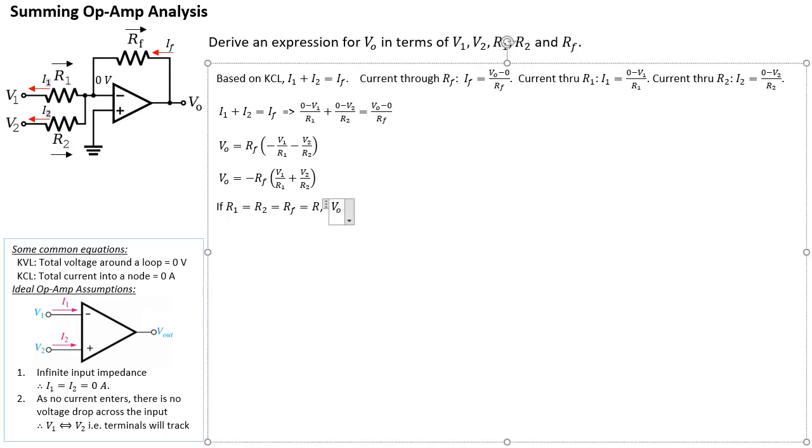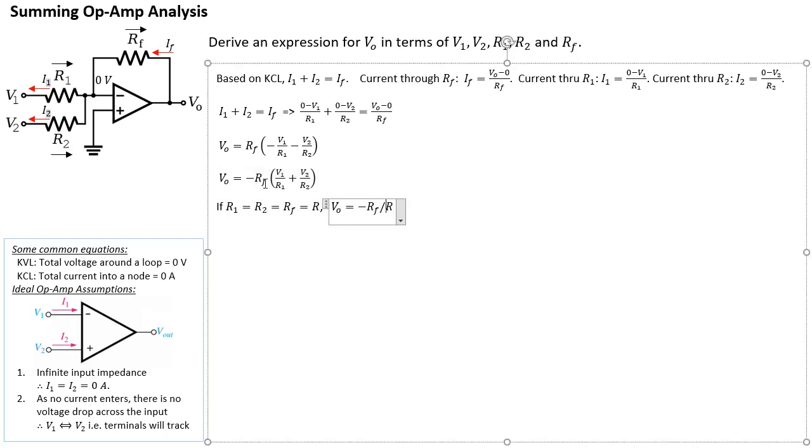So VO, therefore, is going to become, you still have the negative, all right? So R, and then I can take the inside, the R1 and R2 now becomes R. So these two become R now. So I can take that out because they are the same, so I can factor it out. So it becomes 1 over R on the outside. And you multiply it with RF, you're just going to end up